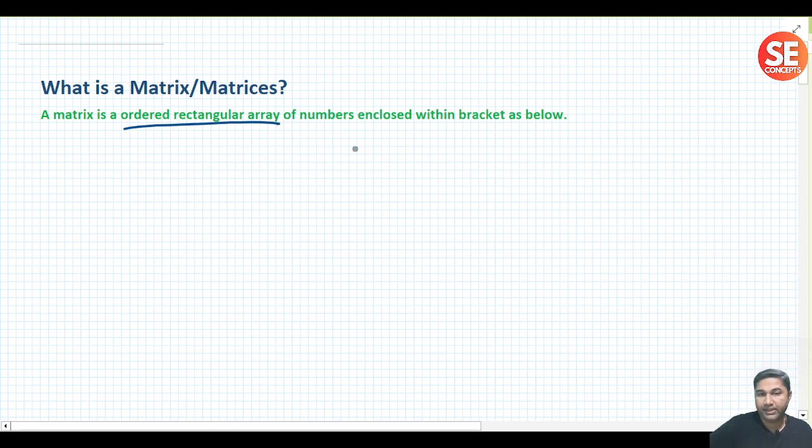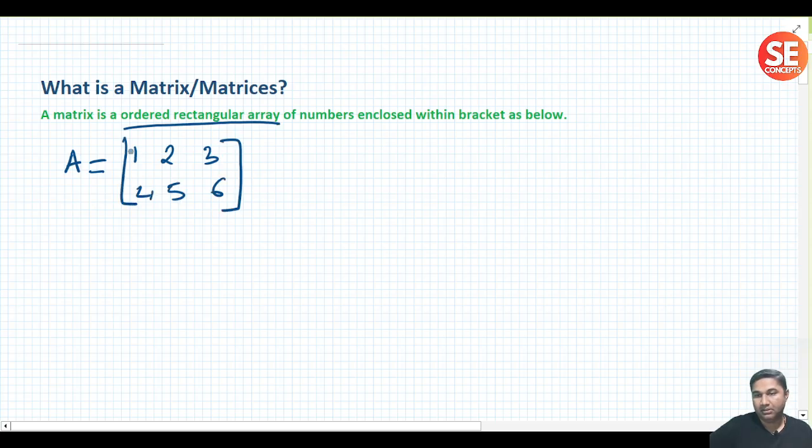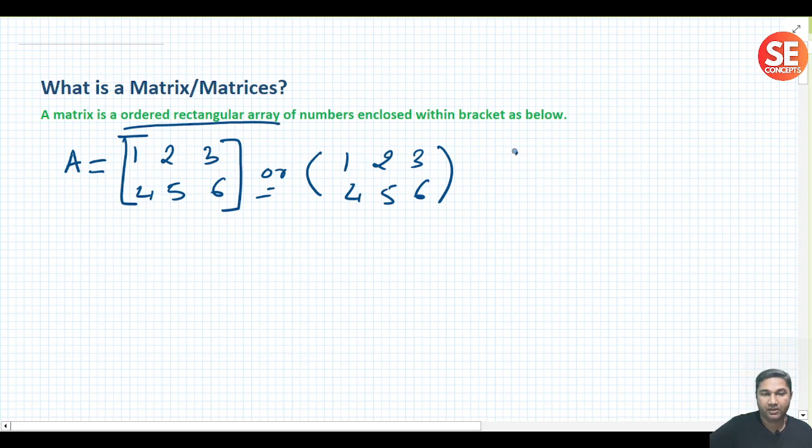So how are we going to denote a matrix? It is usually denoted by an alphabet. Let us say A, capital, always capital. And we write numbers. Let us say I'll write 1, 2, 3, 4, 5, 6. I will write like this, or you can also write 1, 2, 3, 4, 5, 6. We can also write it as A1, A2, A3,